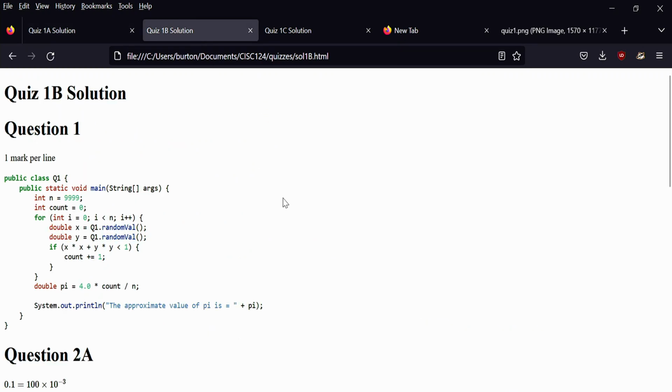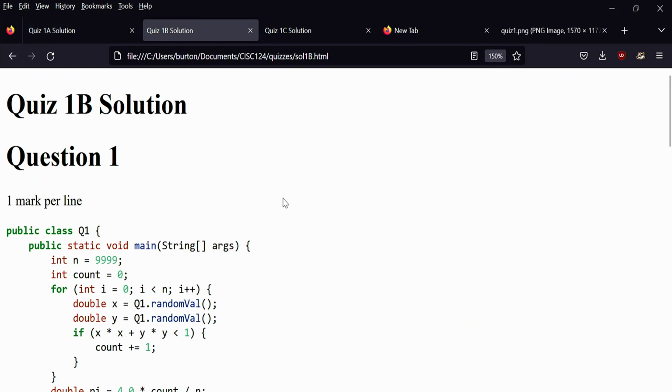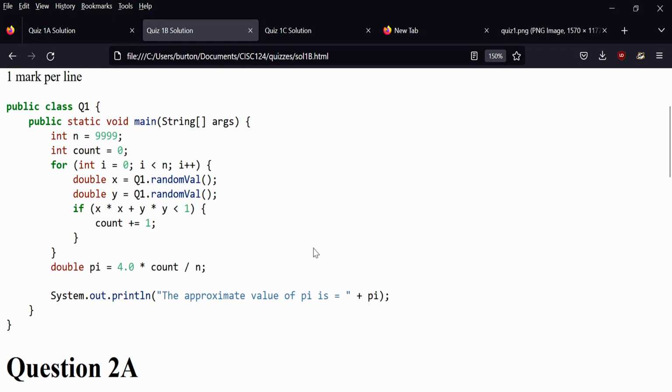Now if you had quiz B, again, the common errors are the same: missing class, missing method, missing types. In this one,